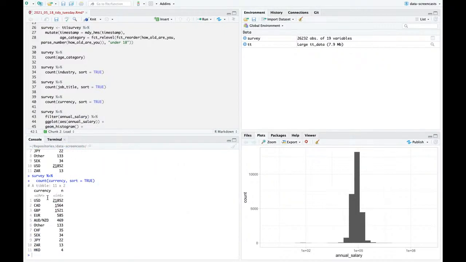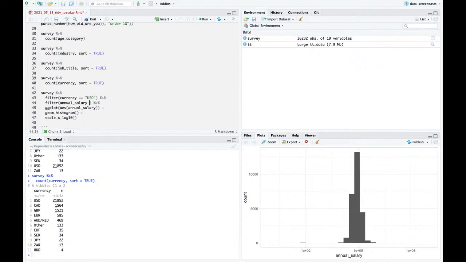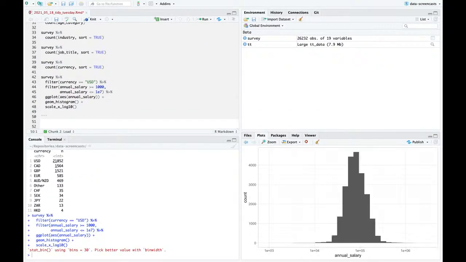Okay, most respondents were in US dollars. Then we have a few others. For the first look, I'm just going to look at currency USD and filter for annual salaries greater than 1,000 and less than, let's do less than 10 million for starters. And we kind of see there is a